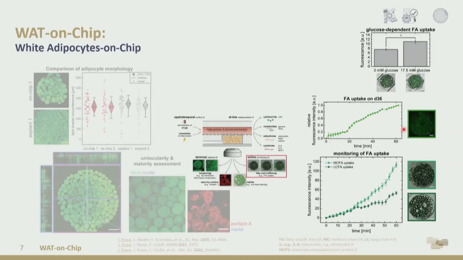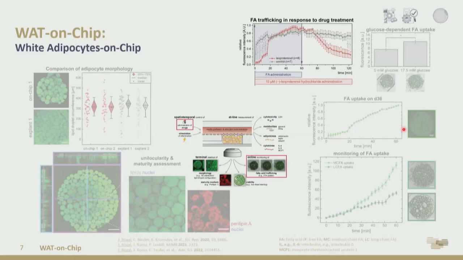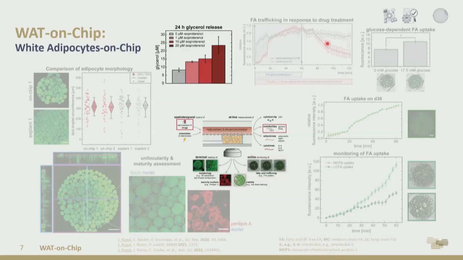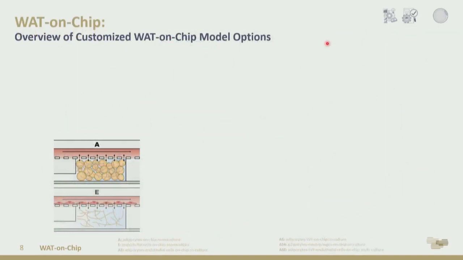After this evaluation of baseline functionality, we further looked into how the on-chip adipocytes responded to external stimuli. So, for example, by administering the drug isoproterenol, we could show that the uptake and release rates of the fatty acids were altered, and also we found that the glycerol release by the adipocytes was altered in response to different doses of isoproterenol. We further characterized our platform for establishing endothelial-like layers in our media channel. For time's sake, I won't go into detail on these results here, because I think now it's time that we